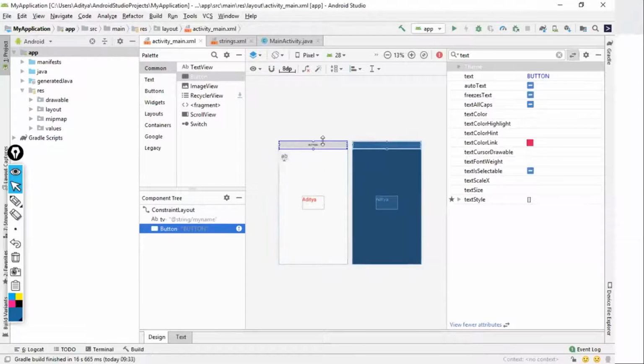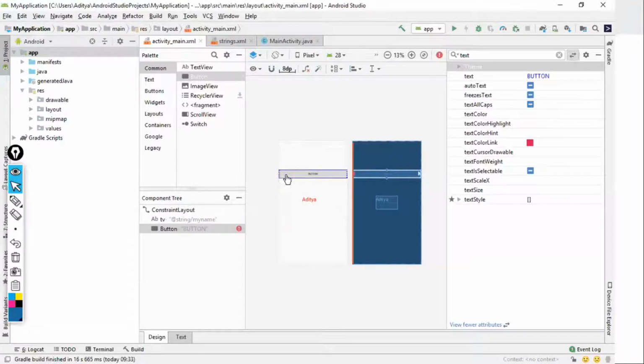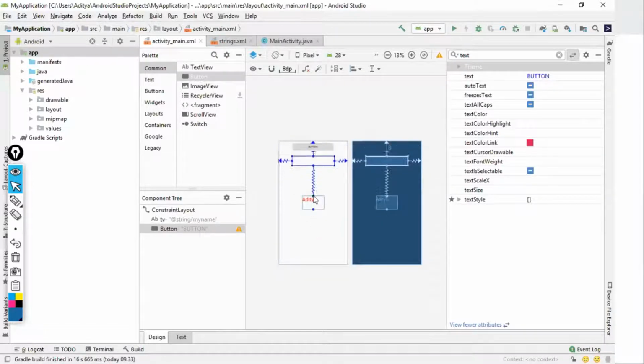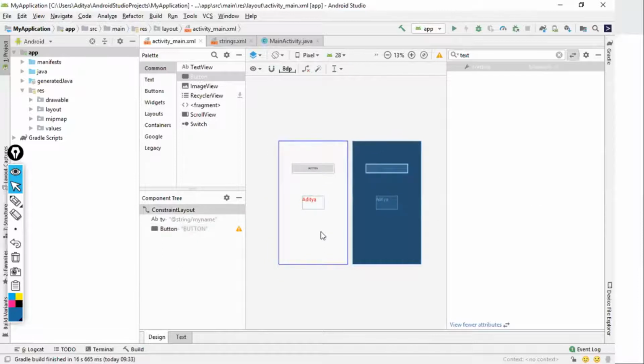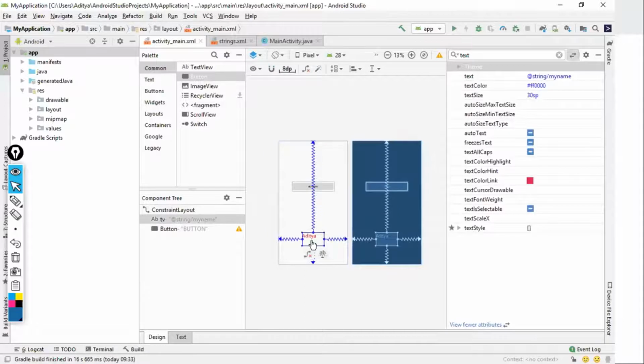In constraint layout, there are 4 constraints for each and every element which you enter. For example, this button. Can you see 4 points over here? 1, 2, 3, and 4. Whatever things you add on your app screen, you need to put constraints on it. So I'll just click on this and extend it to this part. Now I've added a constraint to it. The advantage is if I move this, even that will move.